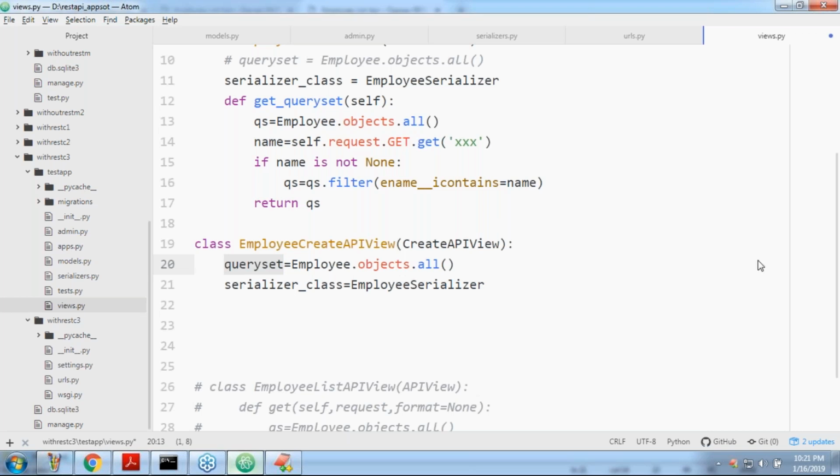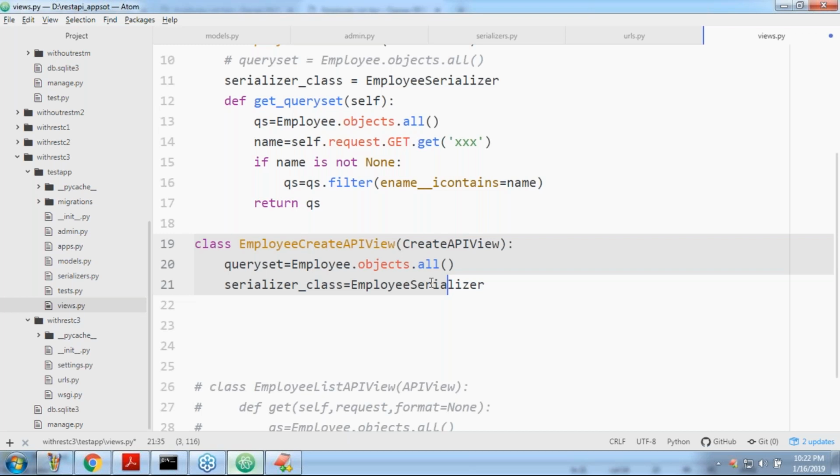Where is the data to be posted? All those things I will show. Who is responsible to send the data? The partner application is responsible, but the partner application has not started yet. I just created this view class, which is responsible to perform the post operation, I mean the create operation. From the browsable API, we have to send the data. So the browsable API is the partner application. From that I will feed the data. Don't worry.